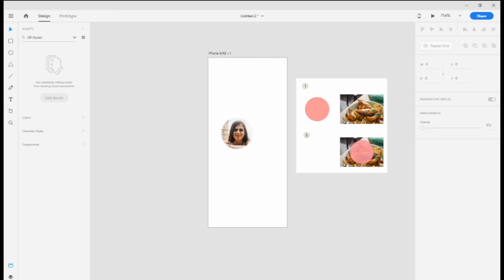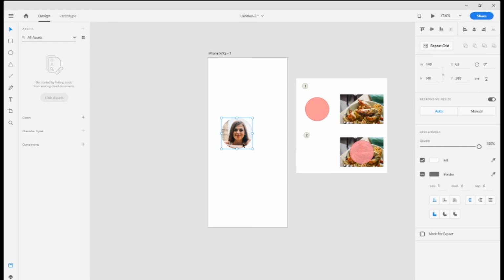Simply draw a shape that you want to use as the mask and place it on the portion of the image or drawing you want to mask. The portion of the image or drawing that is outside the shape will be masked. Just see in the image. Now we are done with the practical.